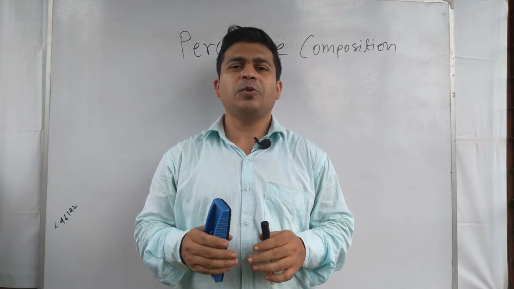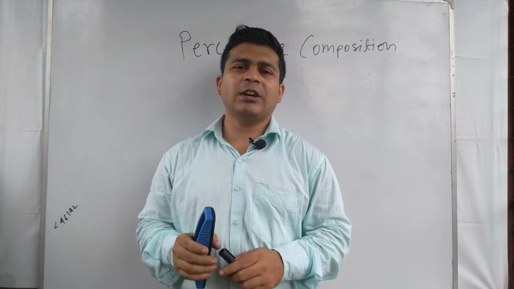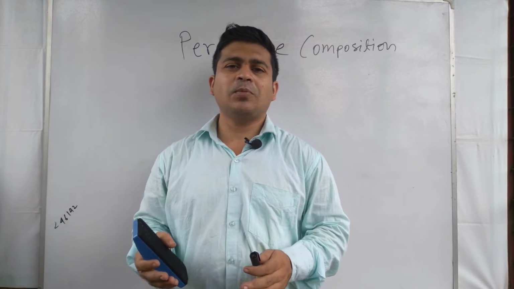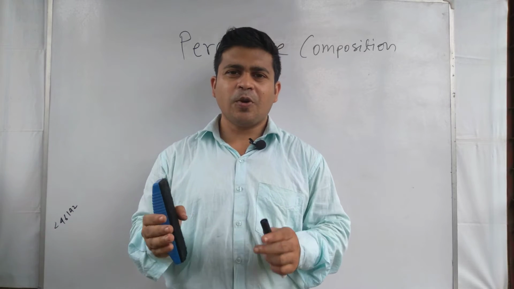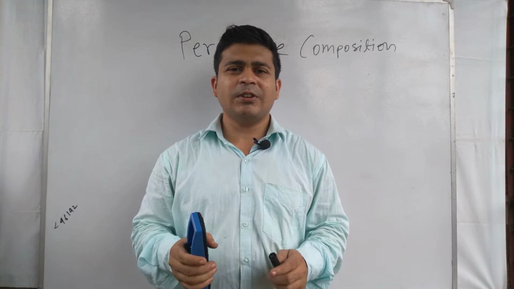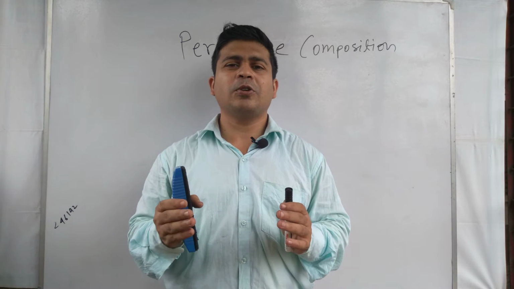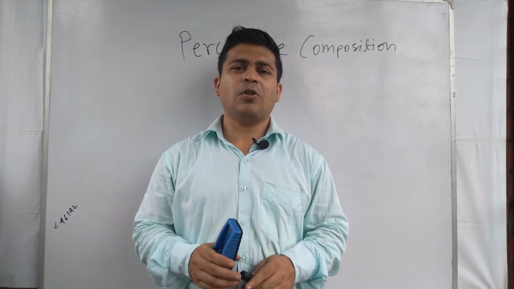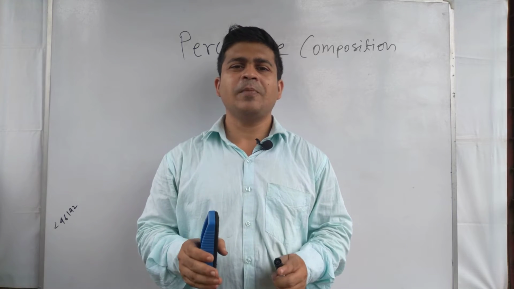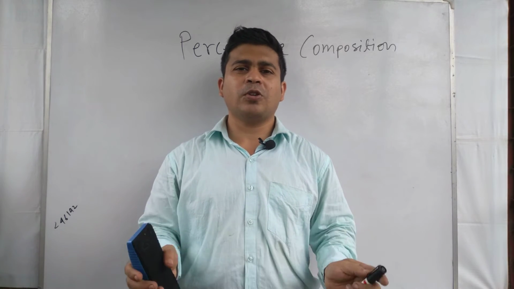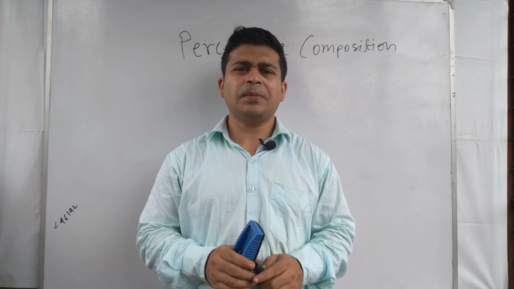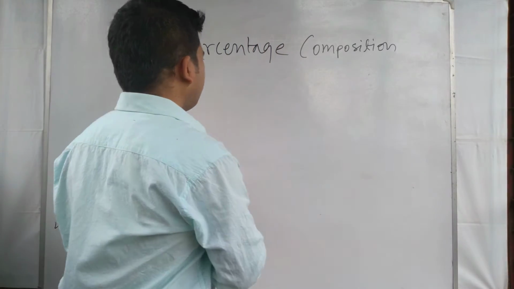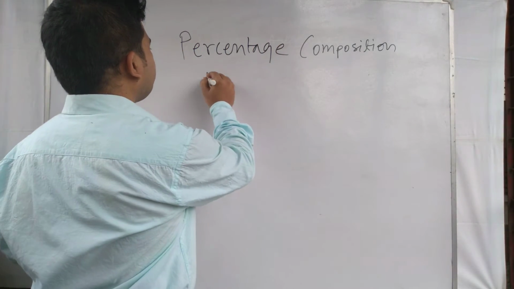If we want to calculate the percentage of each type of substance present in the compound, the process is called percentage composition. For example, in short, we can see that in water